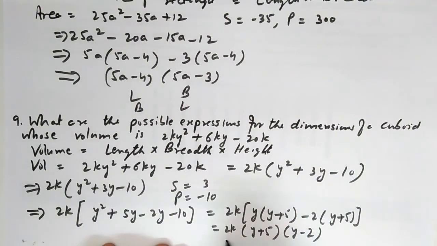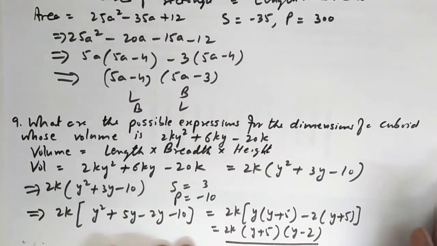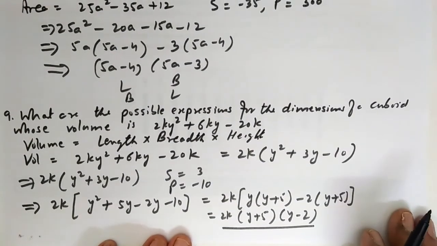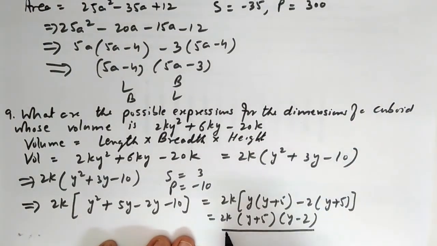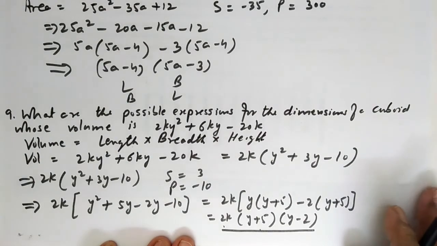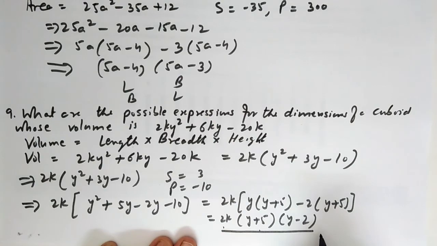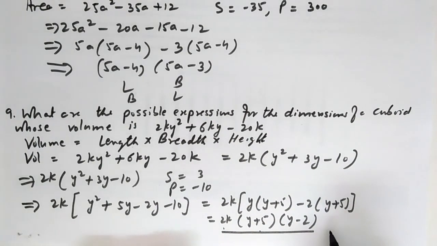These are the three expressions. One is length, other is breadth, third is height. It can be any. इसको लेंथ ब्रेड्थ हाइट, ब्रेड्थ लेंथ हाइट, हाइट लेंथ ब्रेड्थ, कुछ भी आप ले लेंगे. प्रोडक्ट विल बी वॉल्यूम. उसमें कम्यूटेटिव प्रॉपर्टी आपको पता ही है, उससे कोई फर्क नहीं पड़ता. These are the 3 dimensions for the cuboid. That's all.